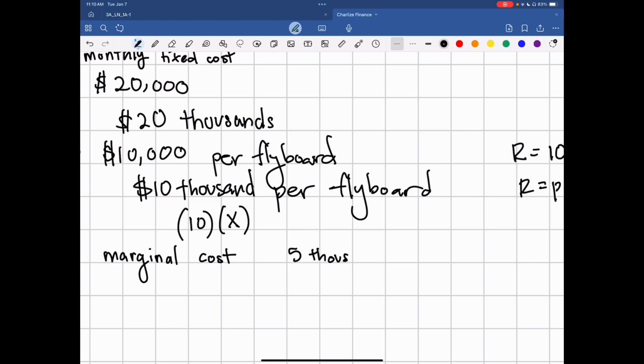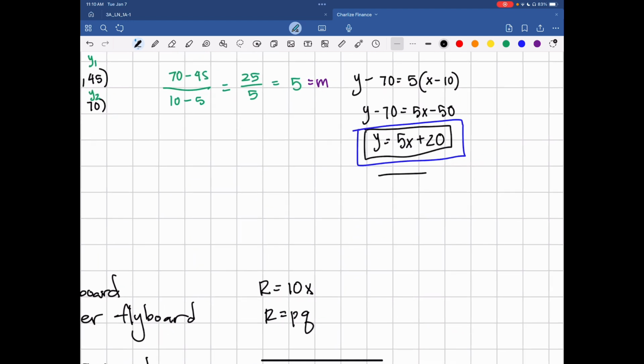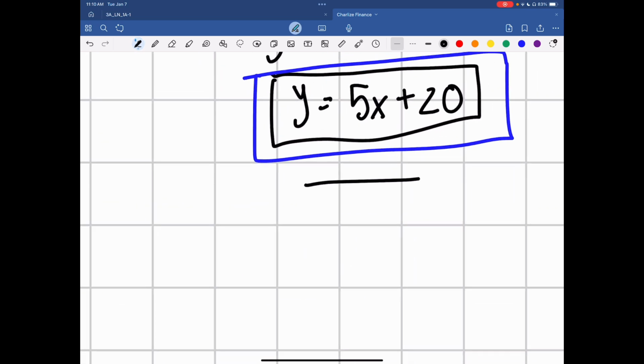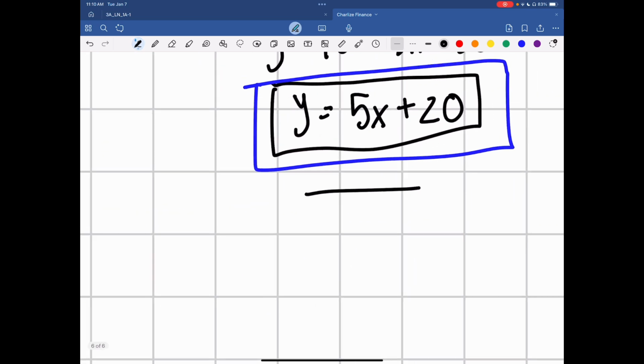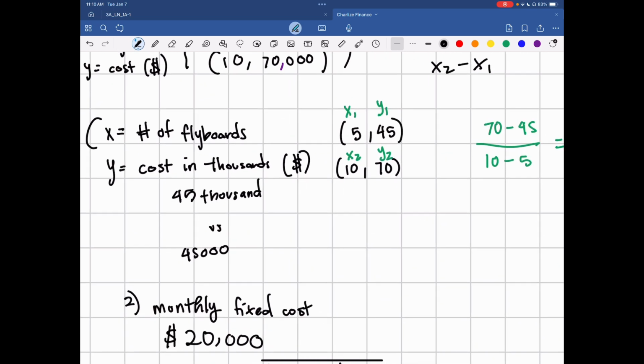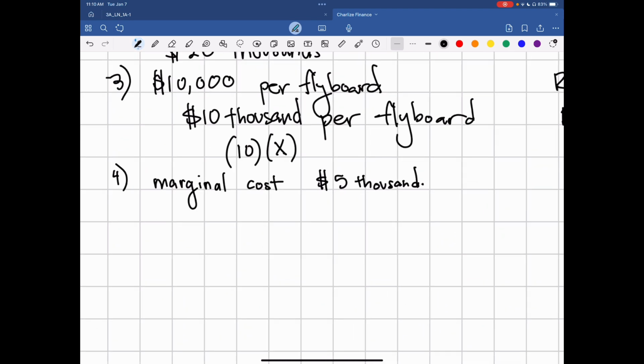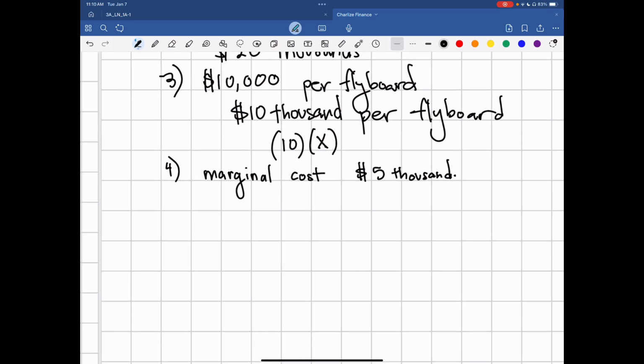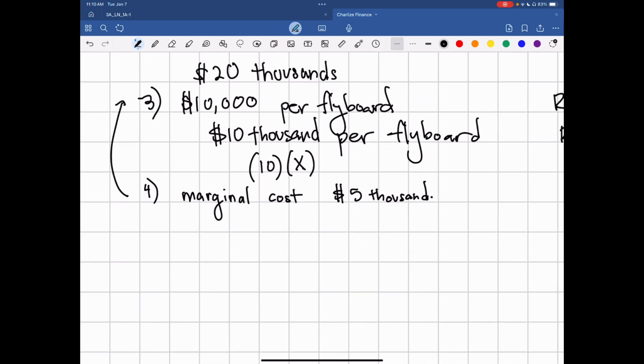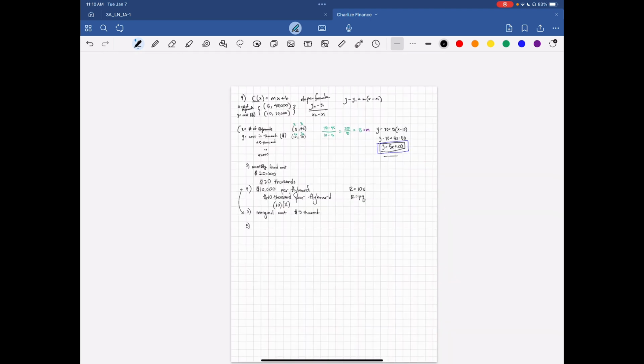5,000 dollars. And then it's the 5,000. Once again, even though it says 5, I said 5,000 because I set my y as cost in thousands. So I'm counting by thousands. That's what it means basically. Okay, so switch these. This should be 3. This should be 4. And then for number 5,